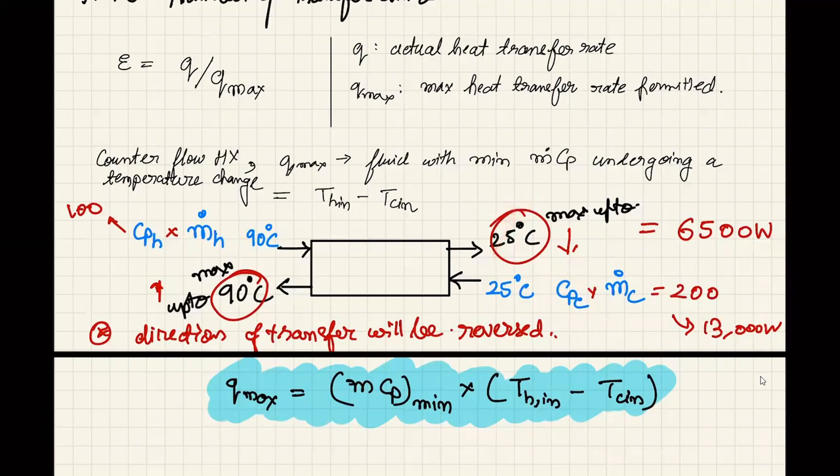This cannot go to 24 or 20 degrees Celsius, because if it becomes 20, then this stream will be absorbing heat over here. It means that the hot stream will absorb the heat, and this is not possible, because this stream was getting cooled. But at this point thermodynamically it says that this stream should absorb heat, while this stream was giving away the heat, right. It was the giver and it cannot become an absorber, so you can only reach up to 25. Kaushik, do you understand up to here?